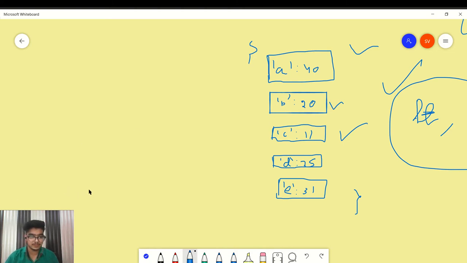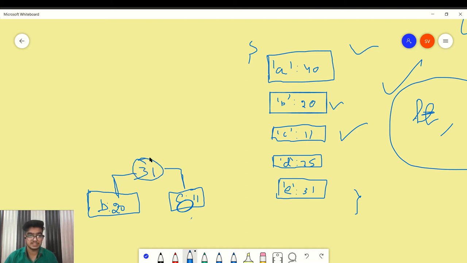So we are creating a node which is D, and it is 11, and we are merging these two nodes, and on merging we are getting 31,